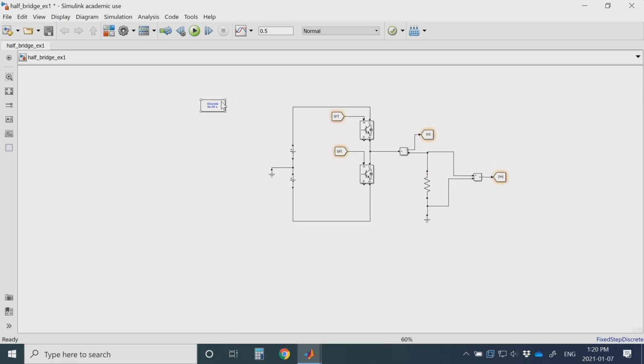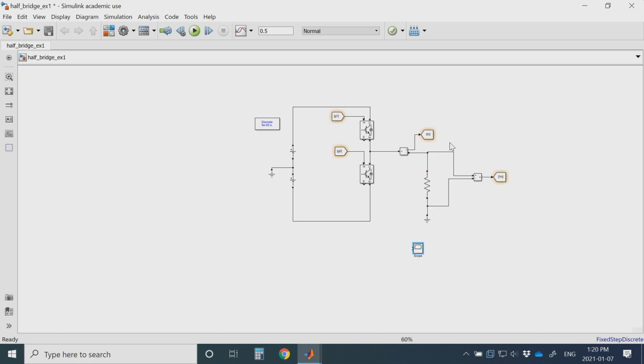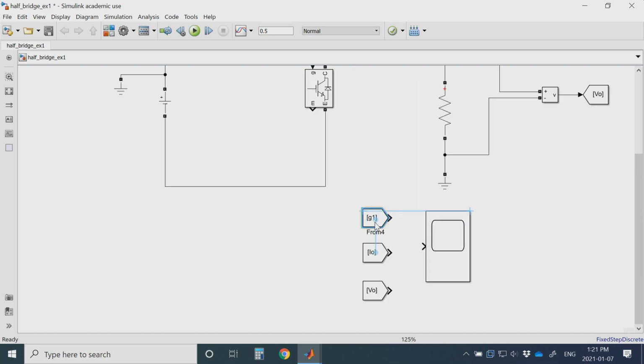And I will need a scope to show the results. In the scope I will show IO, VO, and maybe G1. The first gate I would like to show, the gating signal, and see with the gating signal what happens to my current, voltage, and the